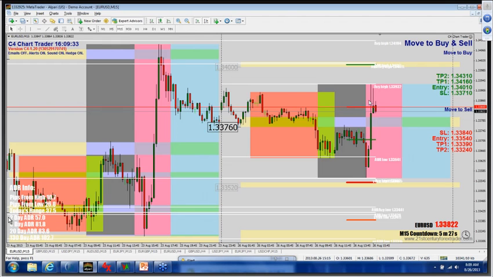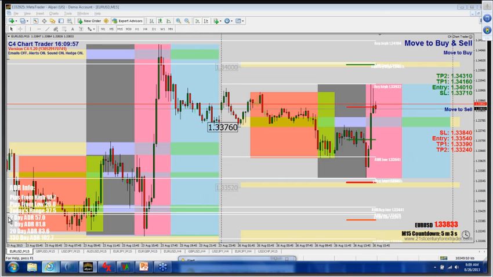So as far as news goes, there's no upcoming news. There's no news staring at us here in the short term, or even for the rest of the day. So not too much to be concerned about there. Now we can go ahead and gather our last bit of information, and then we can get started on placing some trades. So our last bit of information here is what's happening with the Dow, crude, gold, silver,